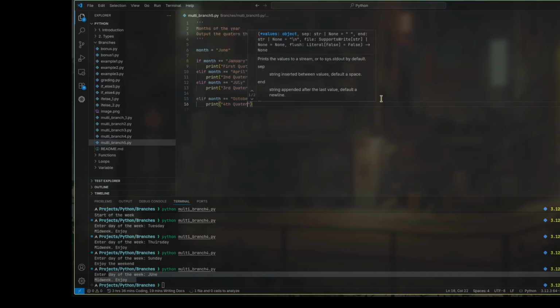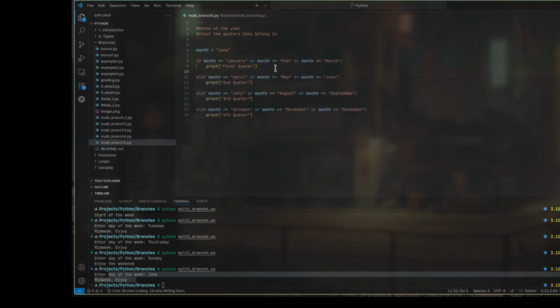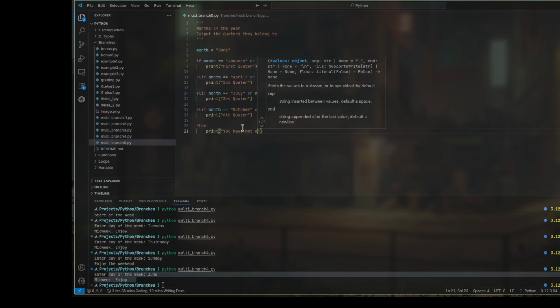Again, as I've said, I'm not sure of how the quarters are normally calculated. Maybe this is just an example, because maybe normally April, May, June is the first quarter, or June, July is normally the first quarter. So again, this is just for learning purposes. It doesn't really mean it's normally quartered like this. So if you input anything else apart from the months I have stated, you will be told you have not entered a month,